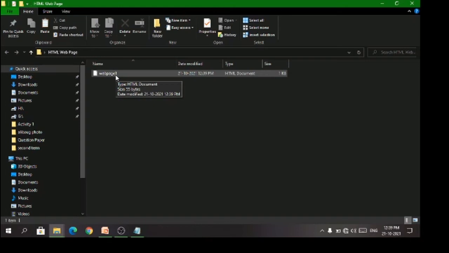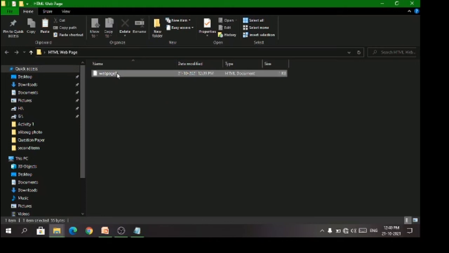If it says it is a text document, we need to understand that we have made a mistake while saving the file. Either we have provided a space, or we have not provided a dot after the file name. So the content should be file name dot html. You need to remember this.